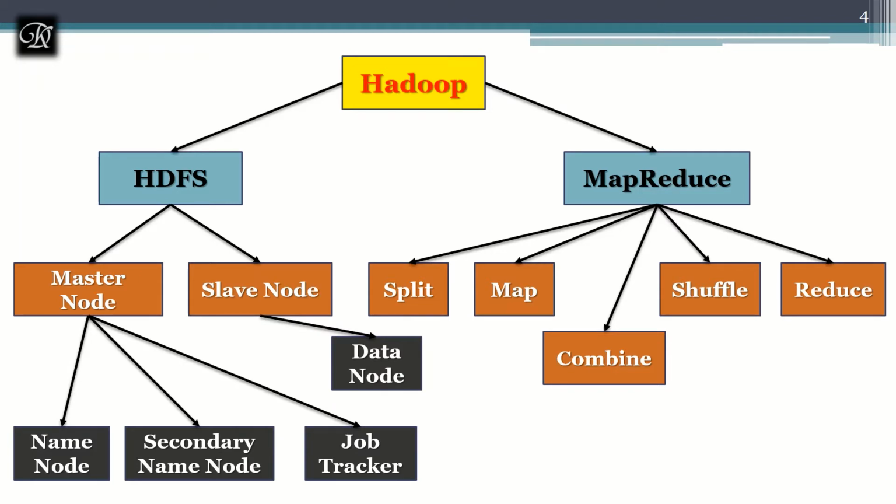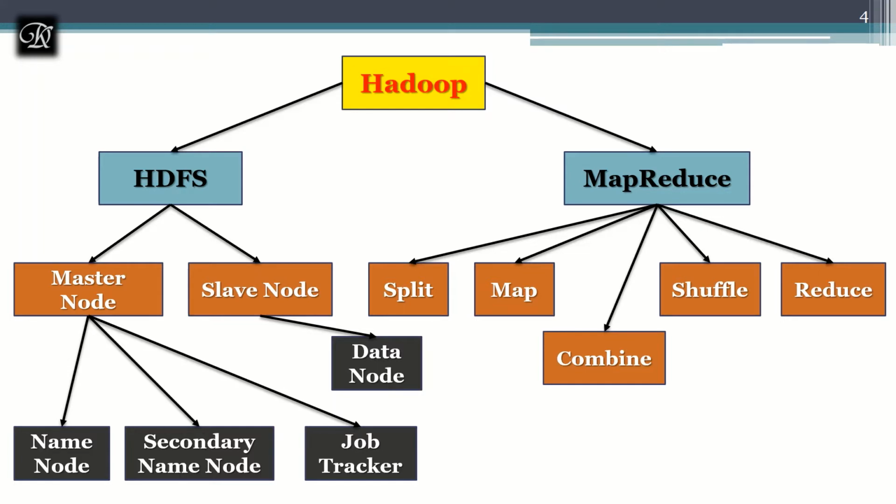Let's discuss more about HDFS. With respect to master nodes, there are mainly 3 master nodes: one is the name node, one more is the secondary name node, and one more is the job tracker. So what exactly is the name node? The name node manages all the complete metadata needed to store and retrieve the actual data from the data nodes. It means it has something called the FS image, the file system image. That is, it keeps track of who is having what data.